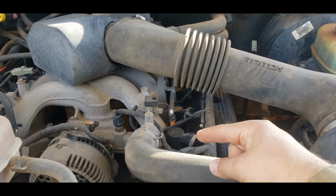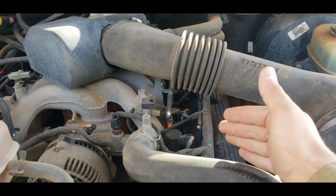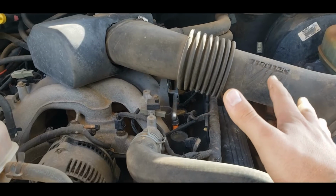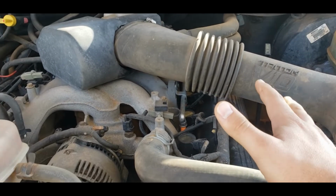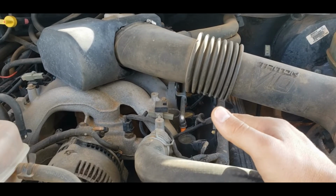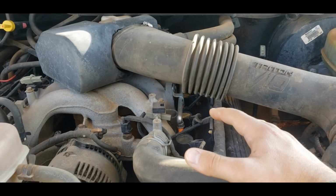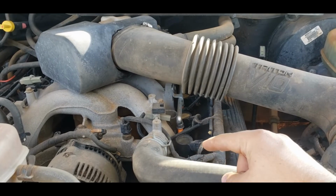So in my opinion, start with this side because it's easier. If you're going to have a problem with plugs coming out, you're going to find it out on this side. Most likely, it's not a guarantee, but most likely you're going to find out on this side of the engine if plugs are going to come out easily or not. And this side is a lot easier to screw with because if you strip out a plug or,